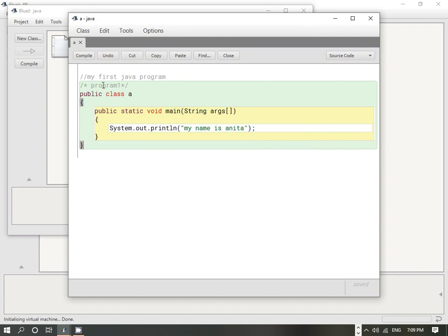Now one by one we will try to study this. The first one is called a comment. I told you there are two methods to provide a comment in Java, either using double slash and then you provide your comment, or the other method is slash star, then whatever comment you want, then star slash. Whatever you write in the comment section will not be compiled.